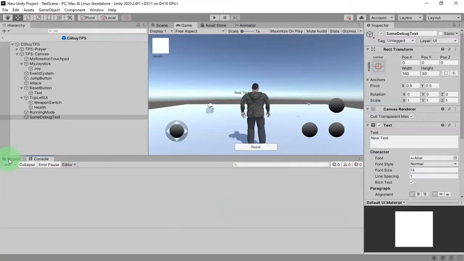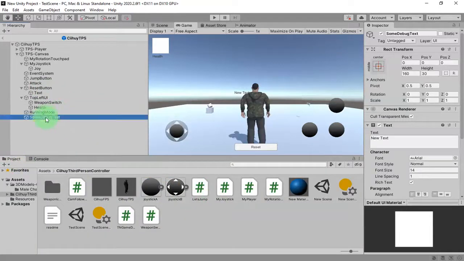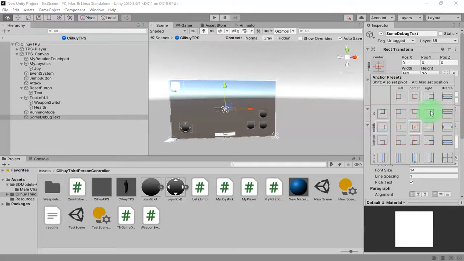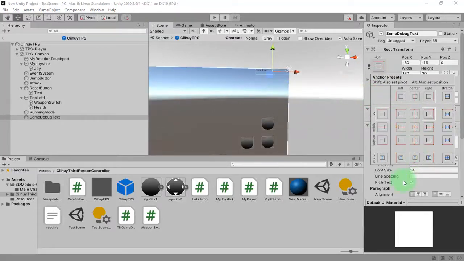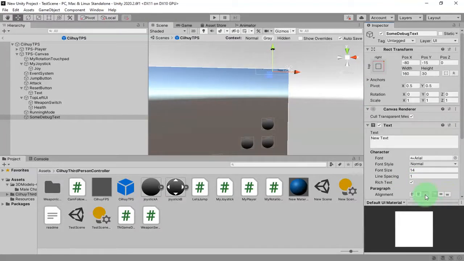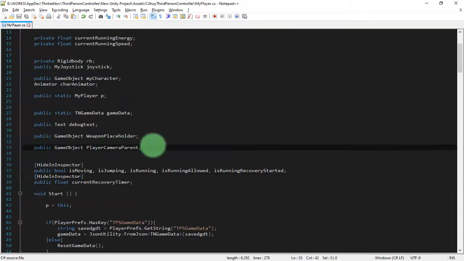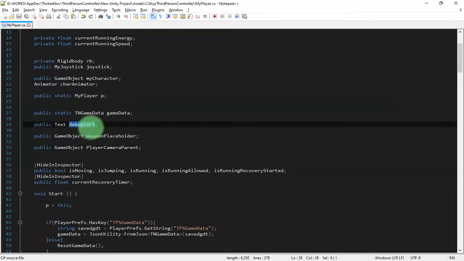Okay, errors are gone. Now about the debug text, I am placing it on the top right corner of my game and set its text alignment to be like this. And here, this shouldn't be debug text.